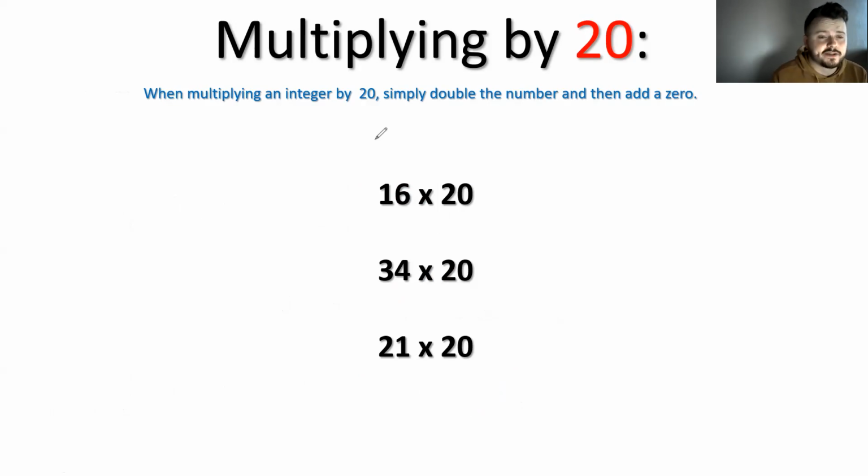Just trust the process. We double it, we add a 0. So 16 multiplied by 20, we double 16 and we add the 0. So double 16, 32, add a 0, 320. Okay, 34 multiplied by 20, double 34, 68, add the 0,